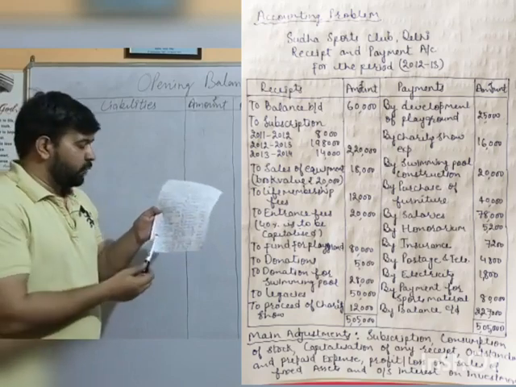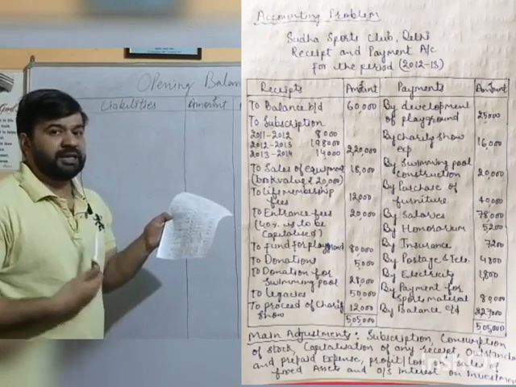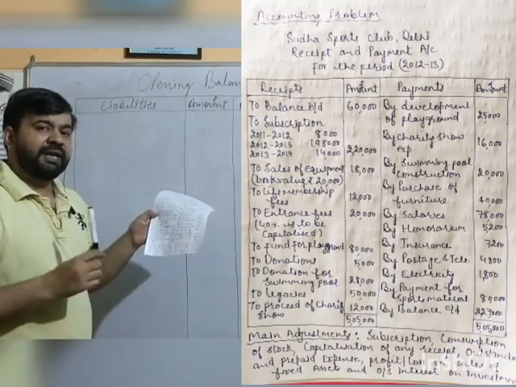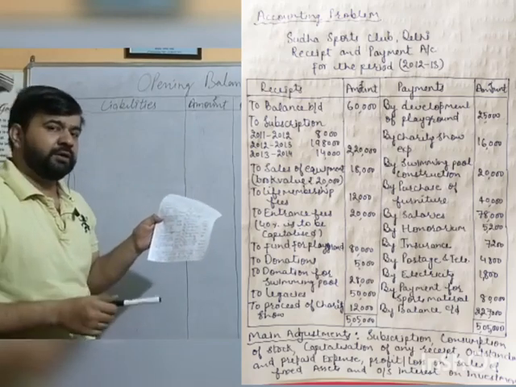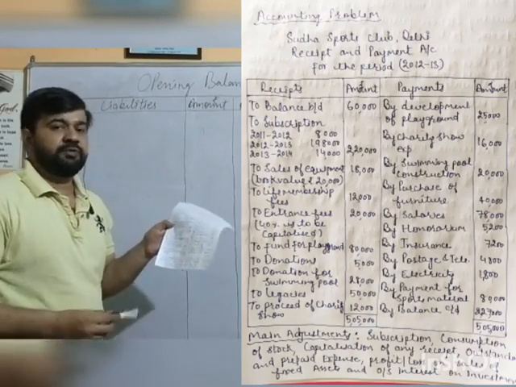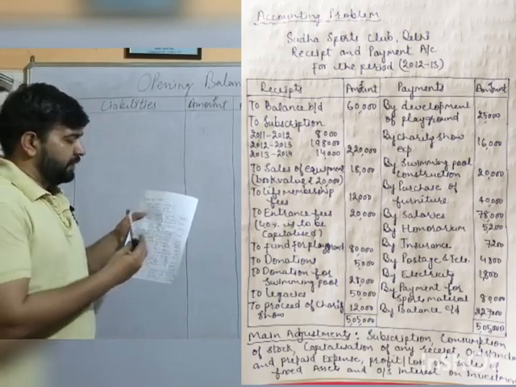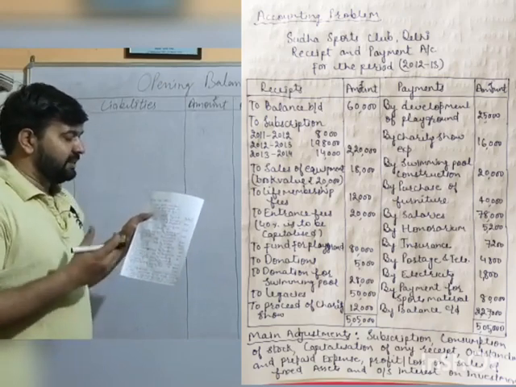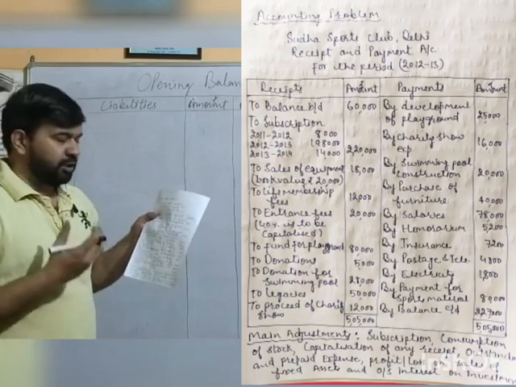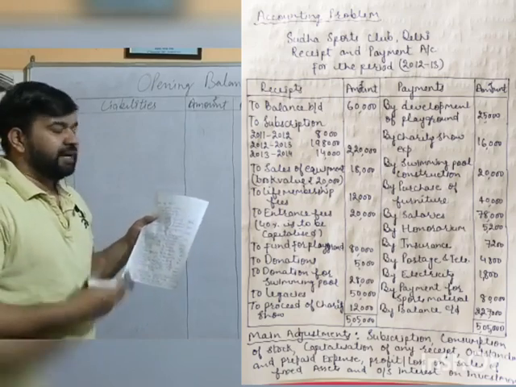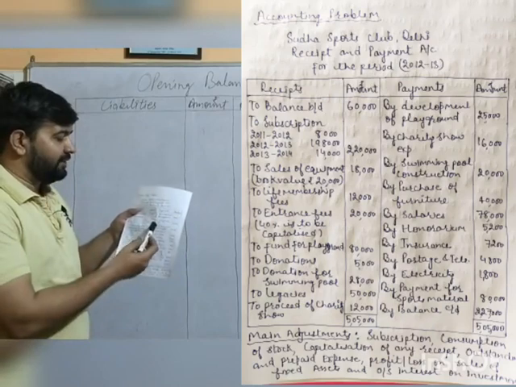Otherwise, we have to add these charity show receipts into that charity show fund, or if any expenditure has been incurred, we have to subtract that from such kind of charity fund. Here we have the payment side, development of playground. The playground has created an asset in our organization, so it will be shown as an asset on the asset side of the closing balance sheet. Then we have charity show expense.